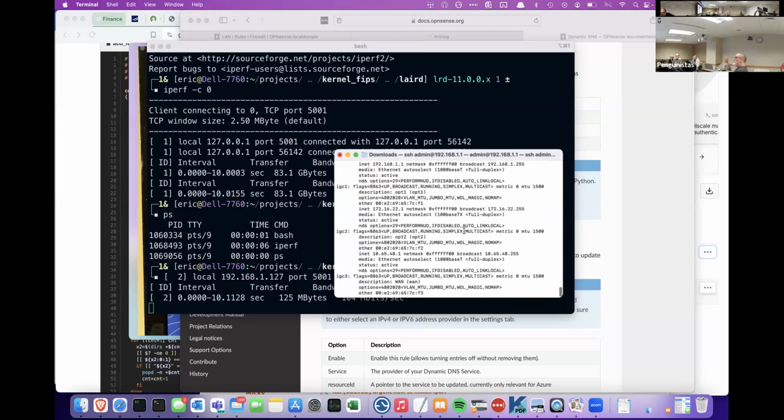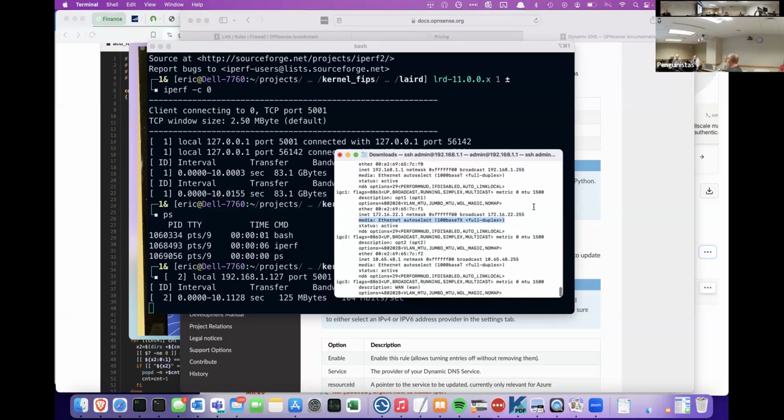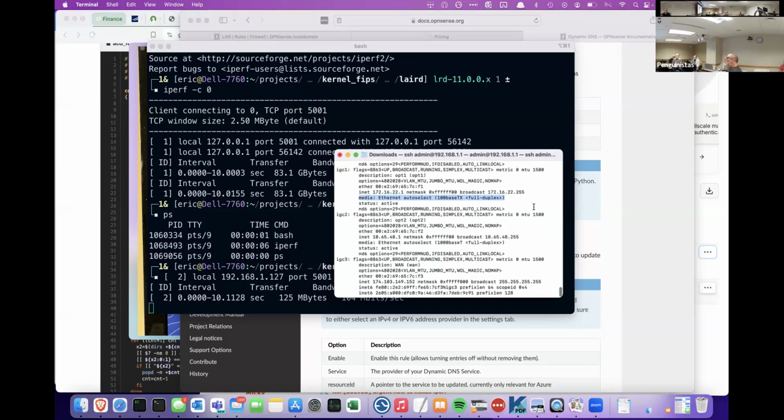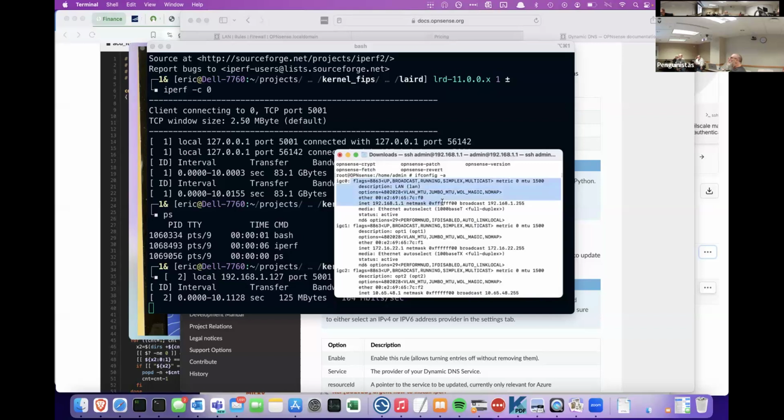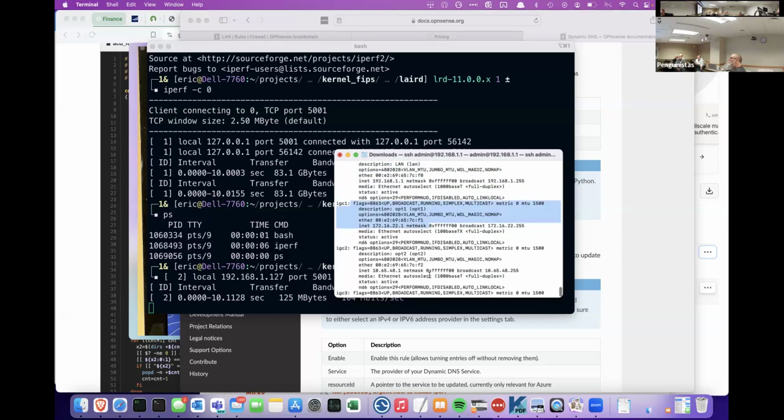Interesting, because that's right in the middle of it. I wonder what that's hooked to. Are you using all four NICs? No, that may be an unused NIC, maybe. I mean, it came up, but. Well, no, it's 172.16.22.1. You have a 172 network in your house? That's a VLAN, yeah. Oh, I'm sorry, that's the WAN address. So yeah, that's my local network. Yeah, it's your internal. This is a private network for my camera system, and this one